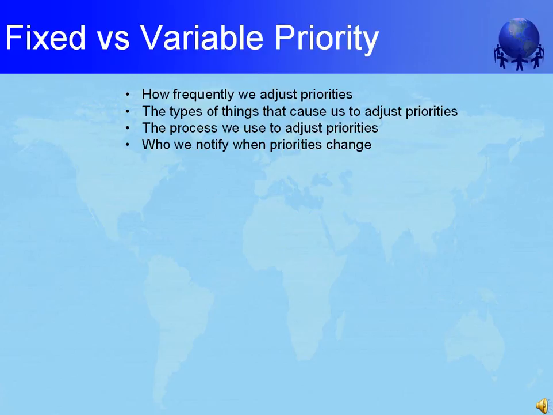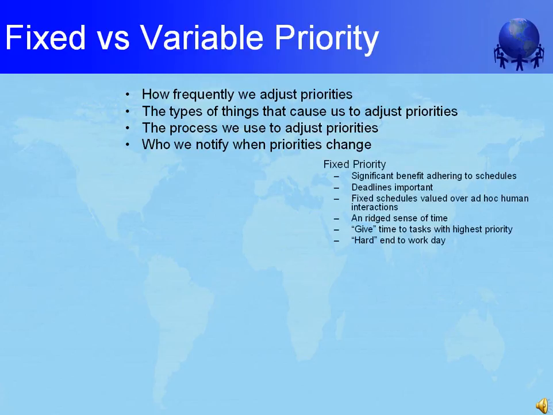This description makes it sound as if considerable effort goes into adjusting priorities, and in some cultures, considerable effort does go into adjusting priorities. For the most part, however, these decisions occur by reflex and often in less than a second. People with a fixed priority orientation minimize readjustments. They do this by limiting the types of things that would cause them to make readjustments and by making the process complex and cumbersome. For example, everyone who would be directly affected by the readjustment has to agree to the change. In addition, everyone directly and indirectly affected by the readjustment must be notified of the change.